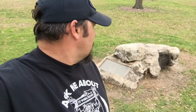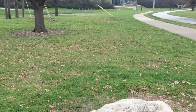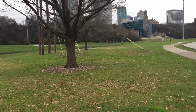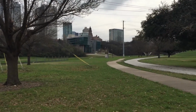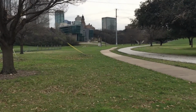All right, guys, stop number 8 brings us to a traditional cache called Only Rock in the Park. And no lie, this is the only rock in the park. So this cache brings you to a historical marker that talks about the landscape around it. Originally in this valley was what was once Fort Worth before it was relocated up on the bluff over here. This building right here is the Tarrant County Courthouse. It is located on the National Historic Register of Places, built in